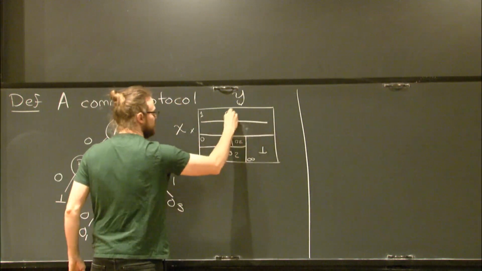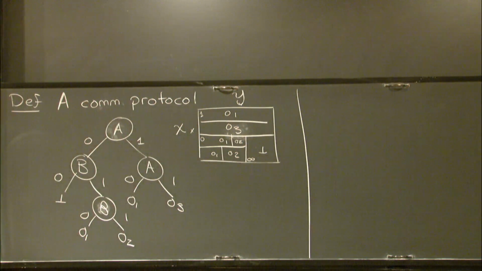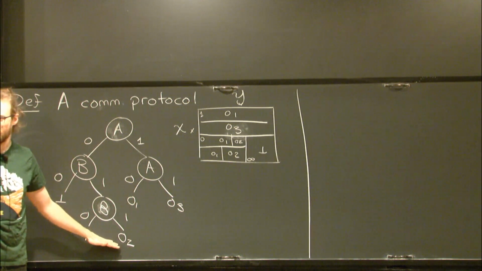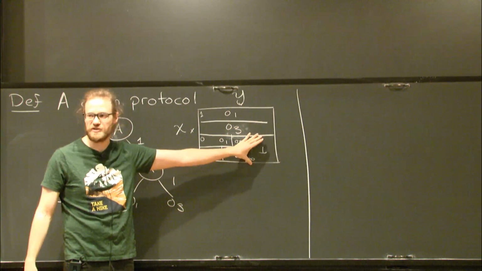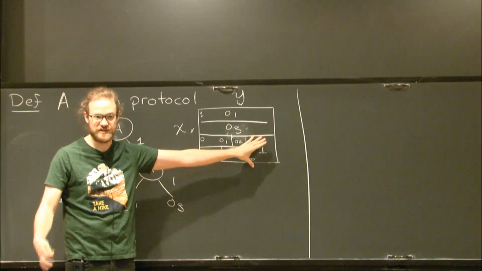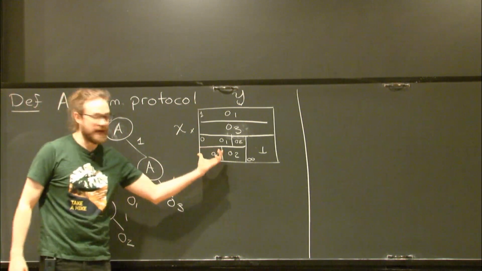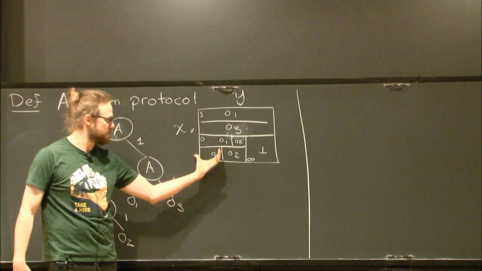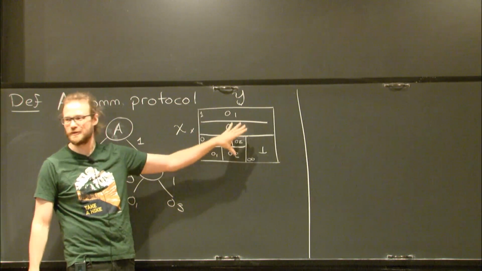And then similarly on the other side, we get a partition of the matrix in other ways. So what a communication protocol describes in a very natural way is a partition of this communication matrix that I defined just a second ago, the matrix which defines this search relation, into rectangles. And I'll define what I mean by a rectangle, but it's just an abstraction of what I just showed right here.